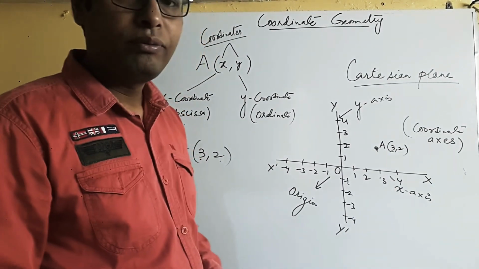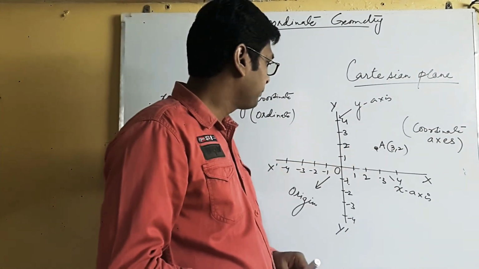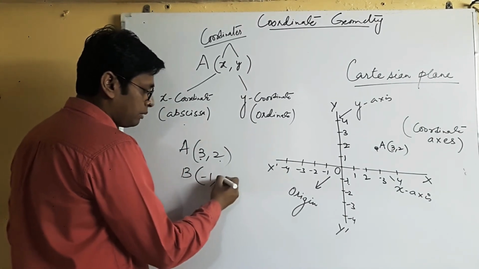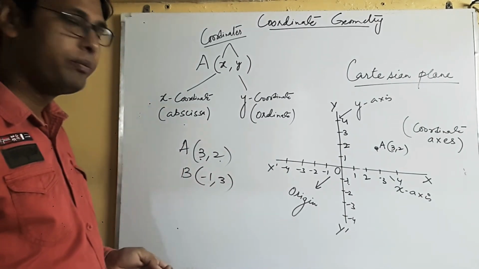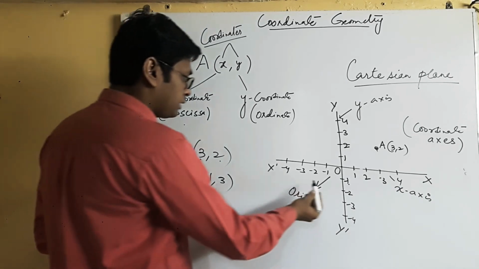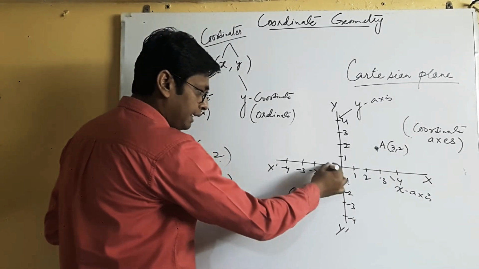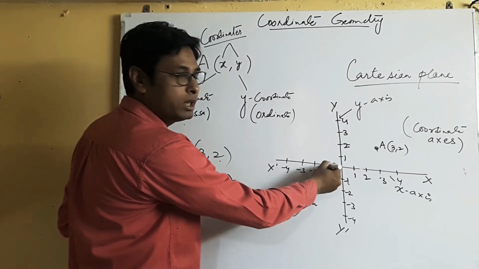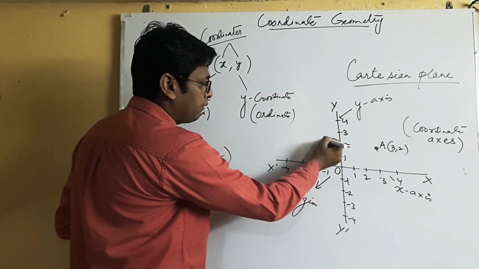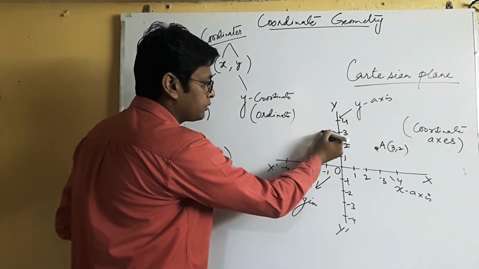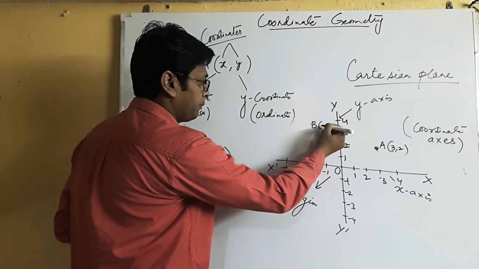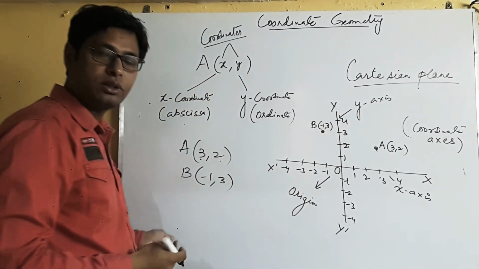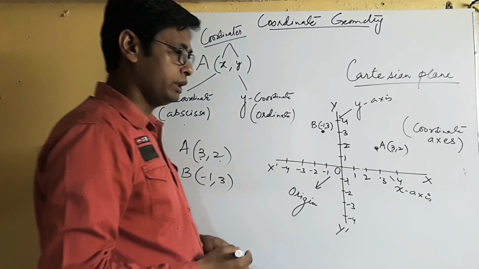This is the way of locating any point. Like for example, you want to locate the point B, so minus 1 comma 3. So you can now come here. First of all, minus 1 here. I have come on the x-axis minus 1, and it's the positive 3. So I will move upward. So this is the point B. Understood? So this is how we are going to do it.